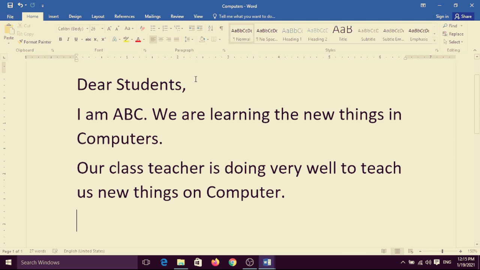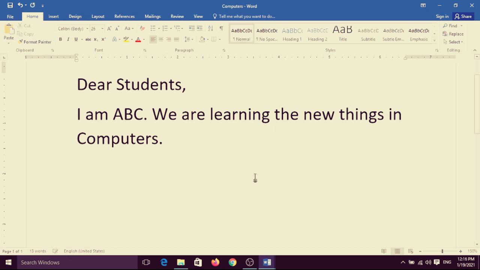Very simple. Suppose I want to remove this line here. Select which word, sentence or letter you want to delete. Very simple. Select the text or object and press the delete button. It will be deleted.